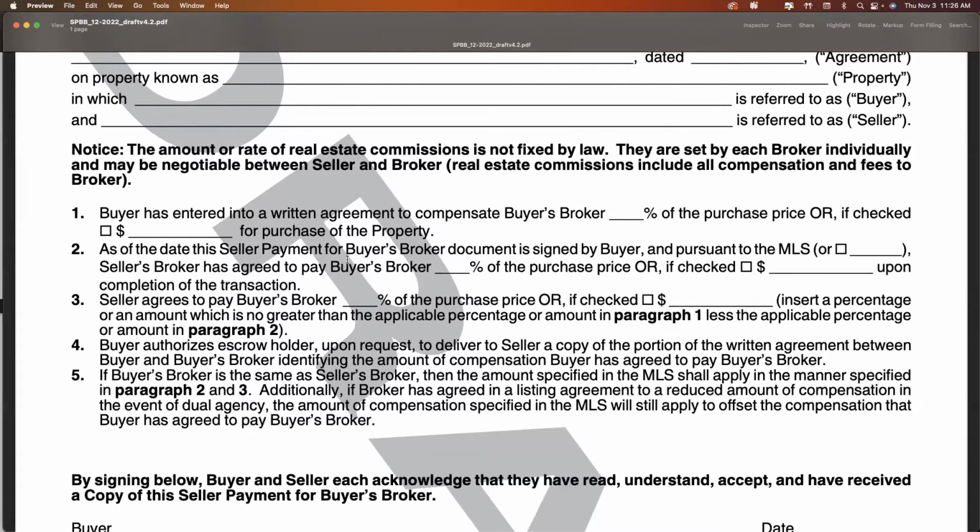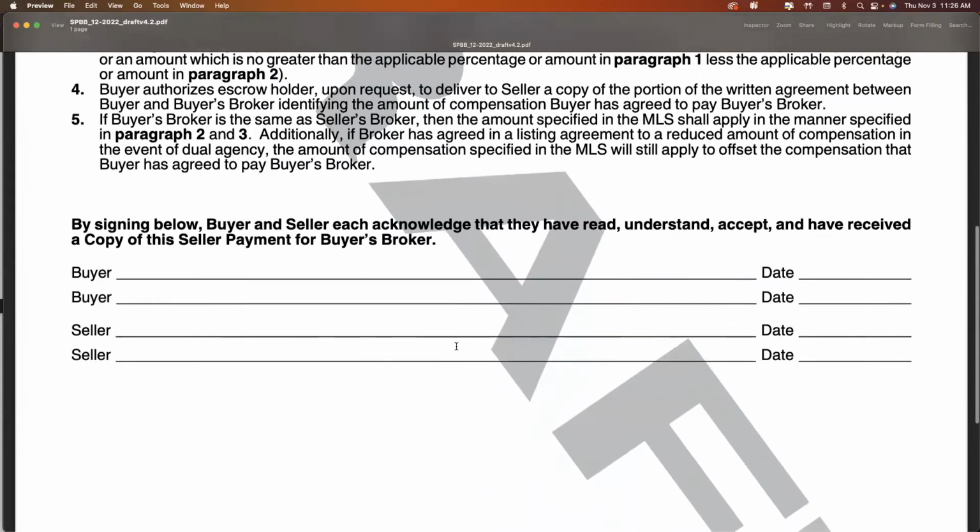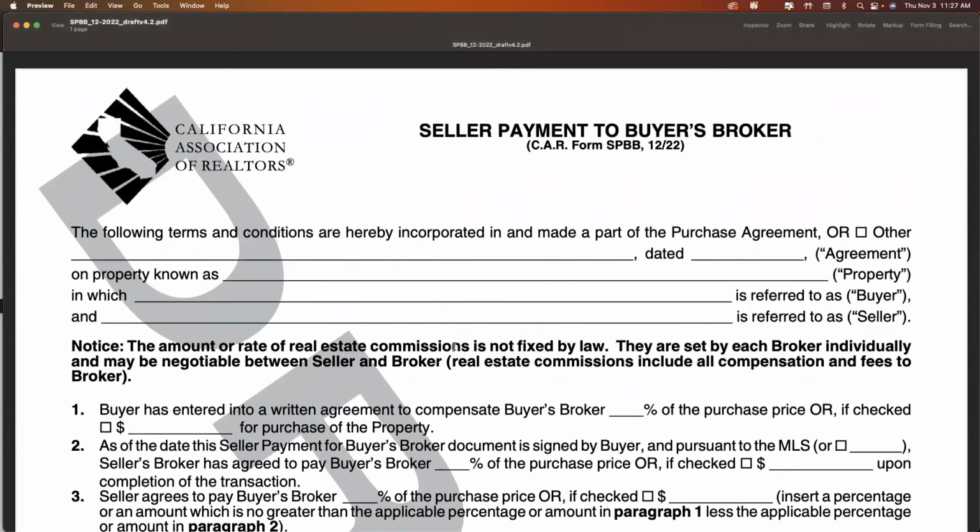Again, this form is only required if I have that buyer representation agreement and it's being replaced by the compensation being paid in the MLS or in a separate agreement by the seller. Okay. So again, buyer representation agreement. If I'm doing things like I normally do, which most buyer's agents don't have these representation agreements signed. I know some of you do, but most of you don't. If you're just submitting an offer and you're using the compensation in the MLS, you're getting paid by the seller or by the listing broker, then